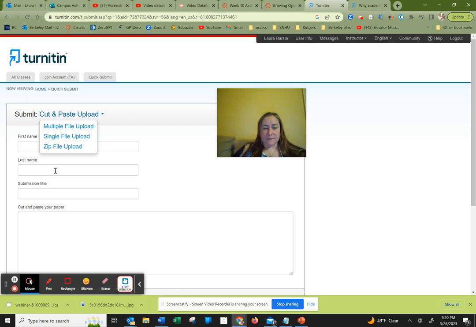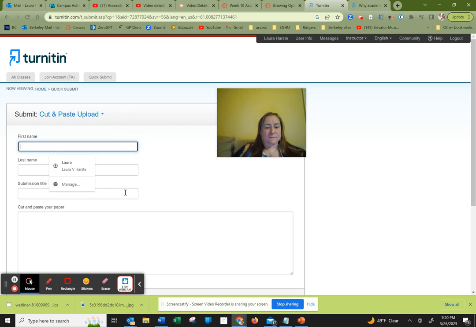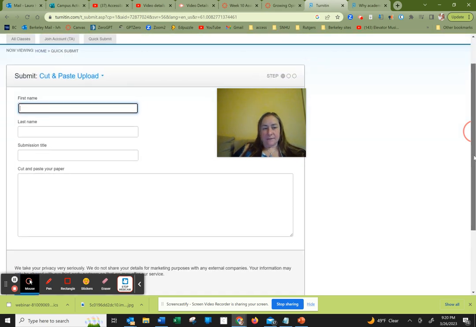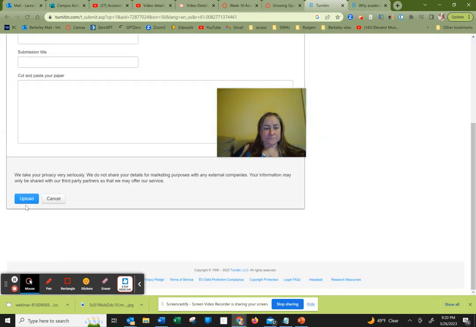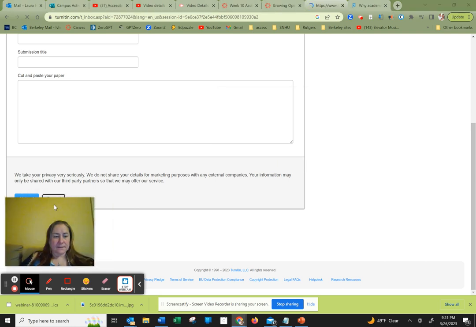Type in the first name, last name, and the submission title. You can obviously cut and paste the paper here. Again, I find that I'm most often cutting and pasting, so I have changed it to these defaults. If you want to change your default, simply go up to your user information up here and you can change that default. Once you have submitted that student's paper, it can take a few minutes to actually process with